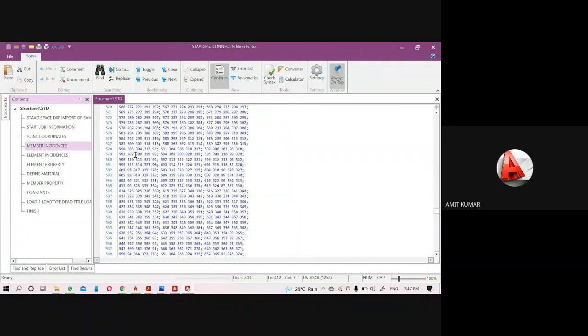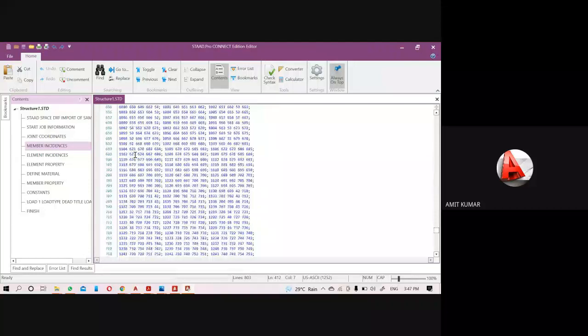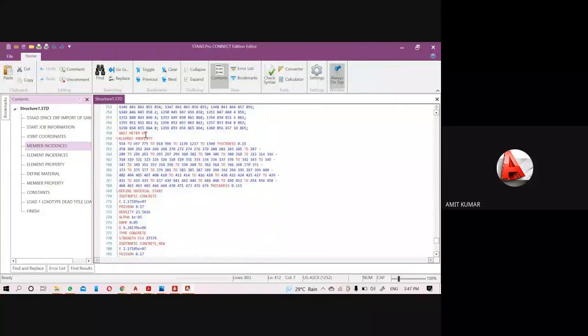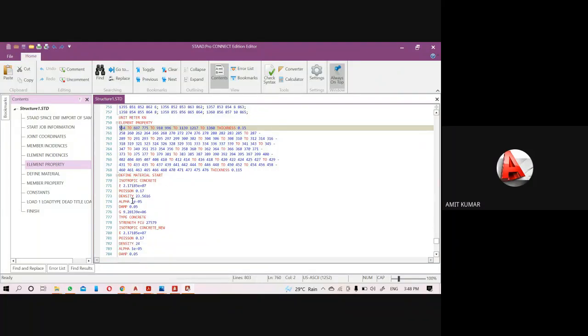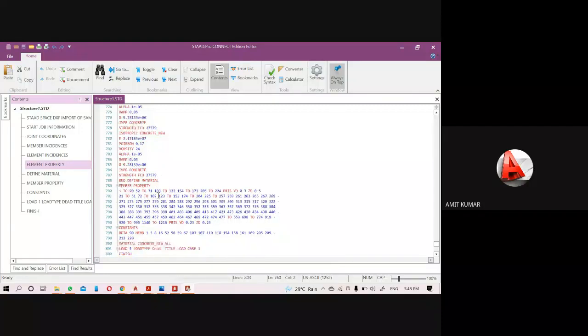Then next, I changed the unit when I provided the properties. Right now the default unit was MMS, but I changed it to meter. So you can see the steps here. Then after, I define the properties for the slab, you can see the slab properties here. Then I change the isotropic values here, you can see it.